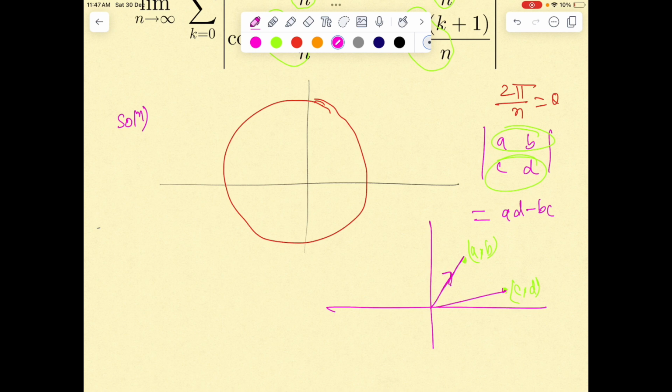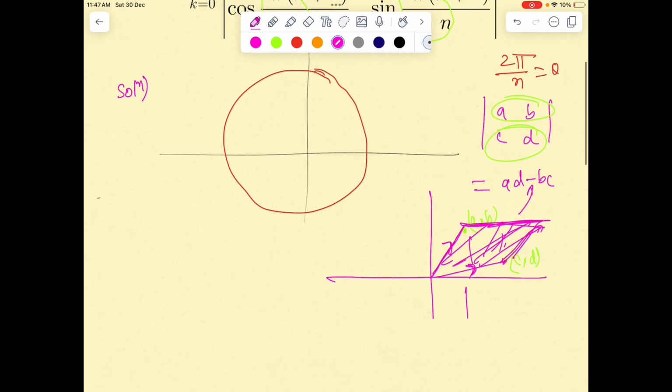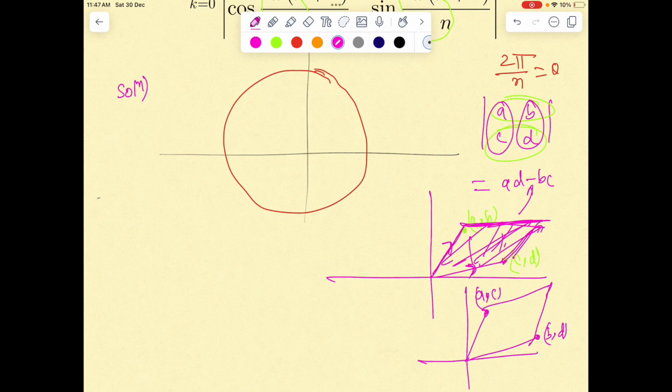the area of the parallelogram having adjacent sides as vectors AB and CD gives exactly, in magnitude, AD minus BC. You can also do the other way around. If we take the first column as a vector, let's say AC, and the other column as another vector B comma D, we can calculate the area of this parallelogram,